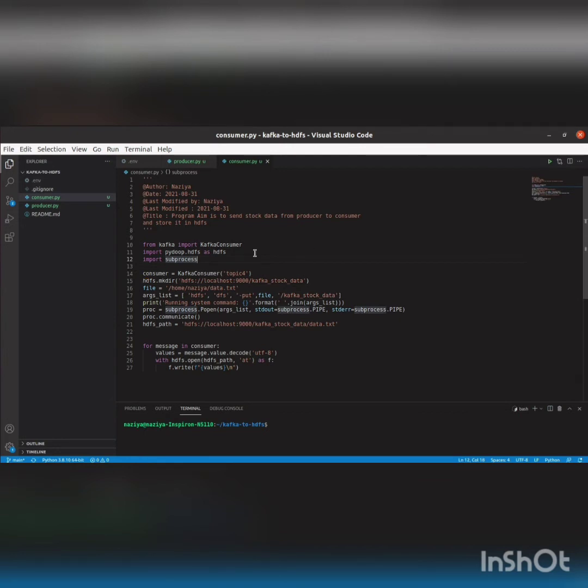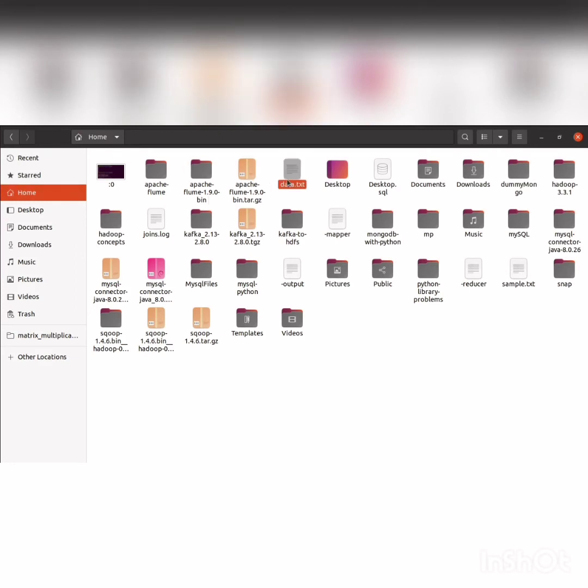Now going to the consumer file, as you can see I have imported the necessary modules and also imported subprocess. Here I am creating a directory called Kafka stock data, and also an empty file called data.txt, which is present in the home directory, shown here.